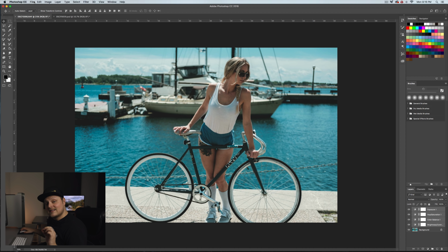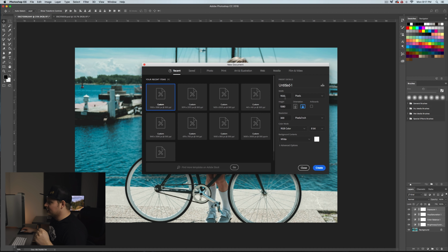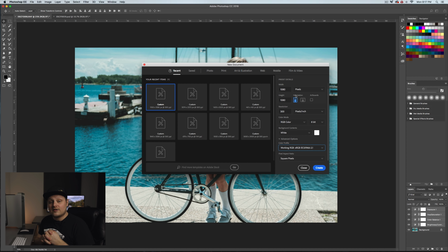So if you wanna do a landscape shot, what you wanna do is go File, New. You're gonna make a new document that's 1080 by 1080. You can go down to advanced options, and where it says Adobe RGB 1998, it might not say that for you, but you wanna go to sRGB. You wanna always make sure that you're using sRGB, otherwise your colors in Photoshop won't look the same as they